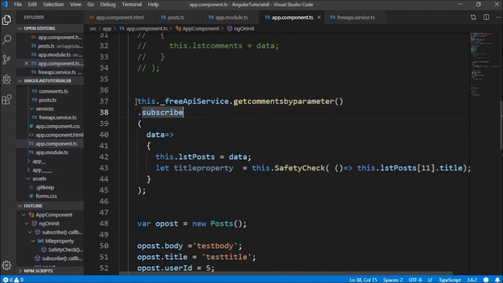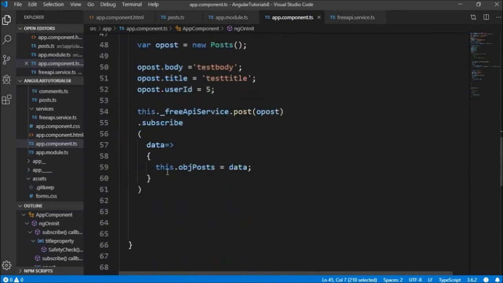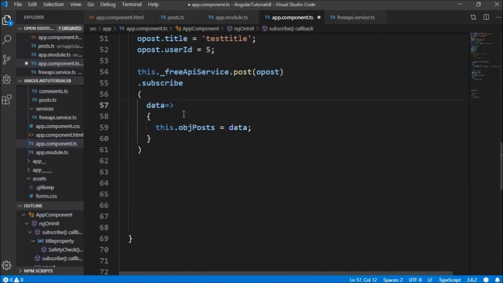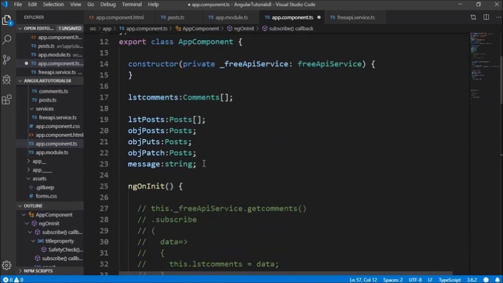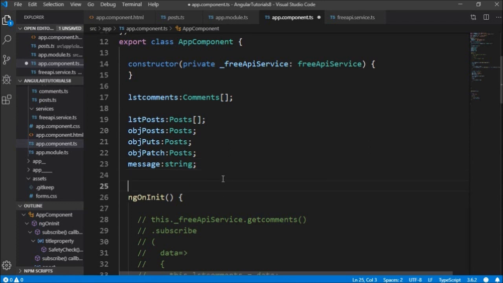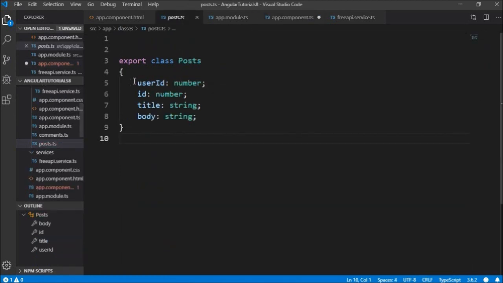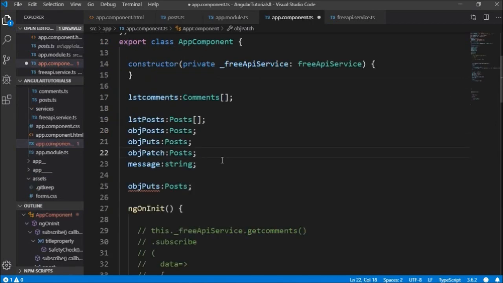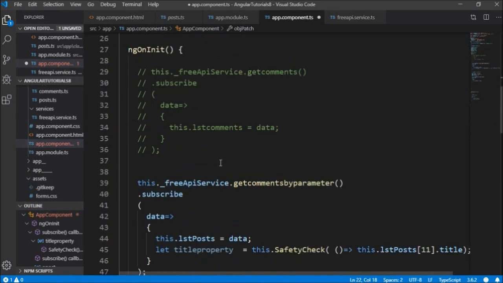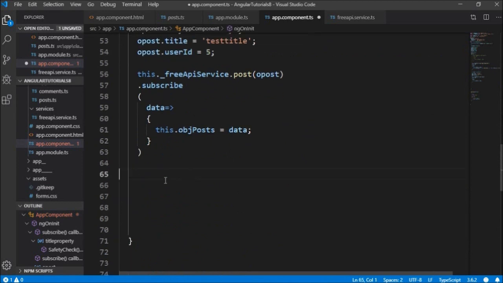Like we have used the get method and post method, in the ngOnInit we are going to use the put method. So before that, we'll just go to the app.component.ts file. We'll declare an object oPut of type Post, which we have to put. Now let's go to our ngOnInit for calling the API. We'll just write oPost equal to new Post,